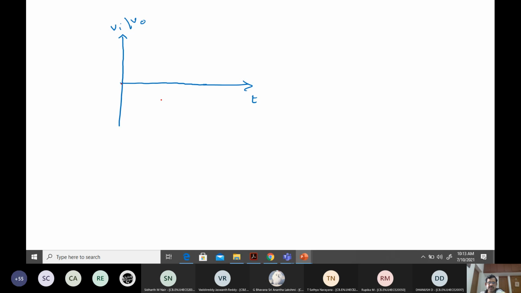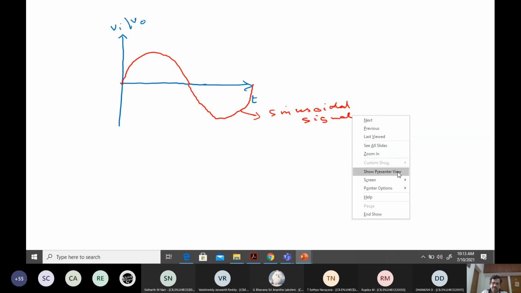My input will be a sinusoidal signal. And the output will be, assume that it's a sinusoidal signal. Okay, and my output will be,